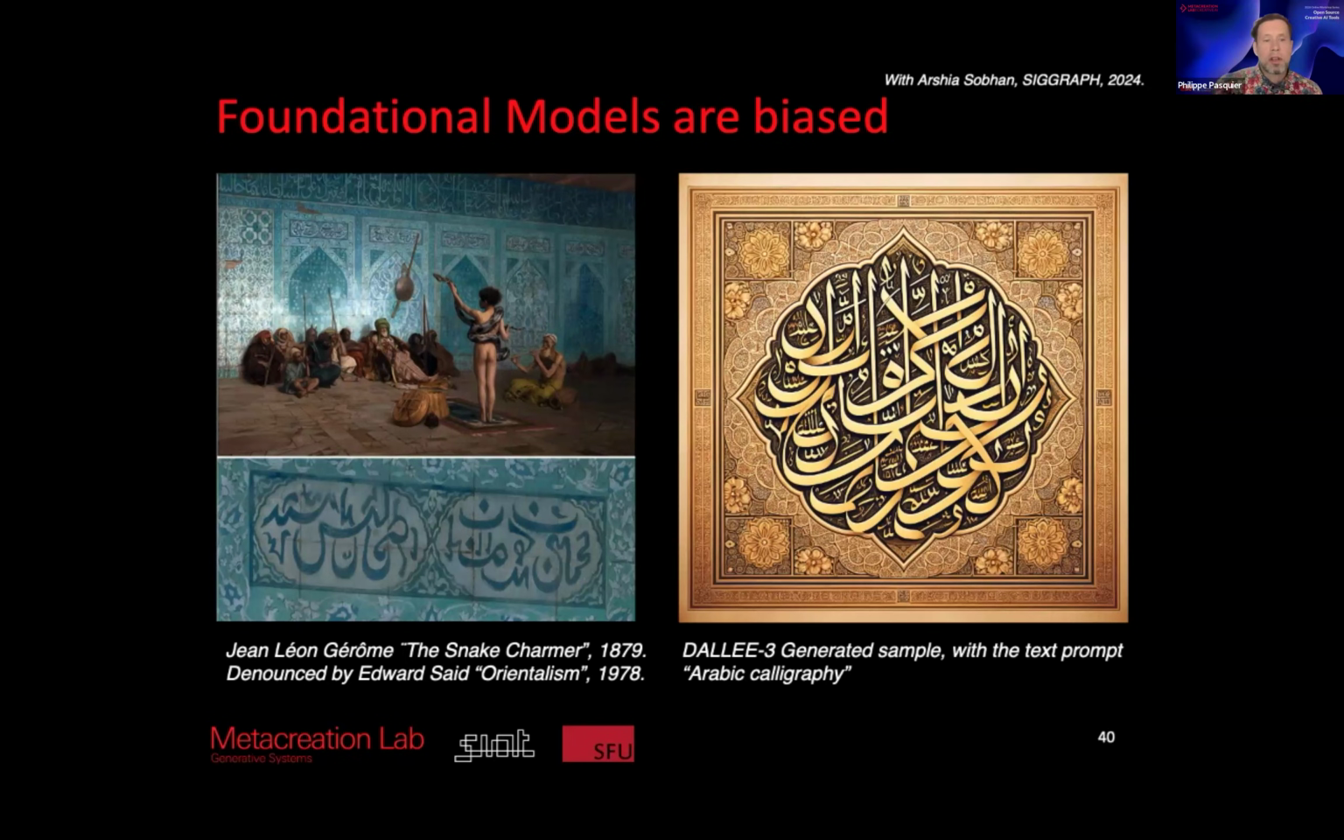Or here, for example, on the left, some paintings from the 19th century by white painters for white audiences that didn't care giving justice to the Arabic calligraphy and would hallucinate, invent characters. And so therefore, if you ask a big model like DALL-E on the right side here, as Arshia shows in our publication at SIGGRAPH in 2024, you ask for Arabic calligraphy. It's beautiful, but it's pretty, but it is not Arabic calligraphy, and those characters don't exist, which is kind of